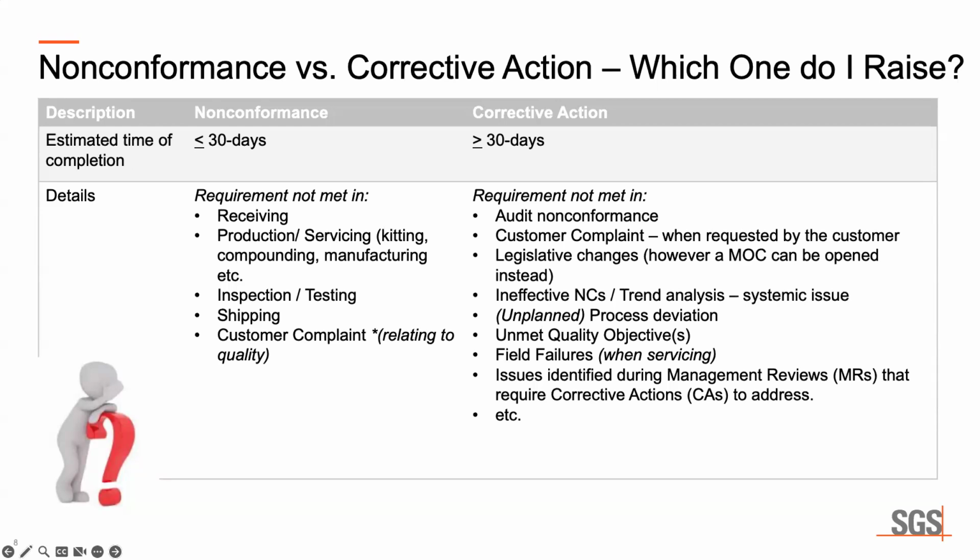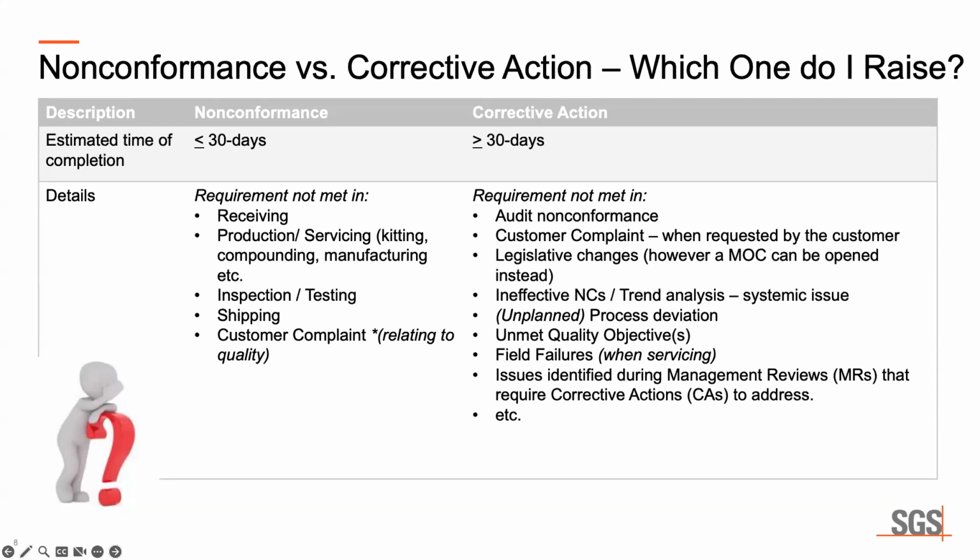So I want you to think about this. If you do a quick snapshot of the nonconformances you've had from the beginning of this year till now, how many of those are customer related? Are you looking at about 15 to 20%? If you are, you're right on. But if you're finding that, in terms of all of the nonconformances raised, including the customer complaints, you're hovering around 50 or 60%, then that means you need to tighten your quality belts internally. That means there are things slipping from your control.